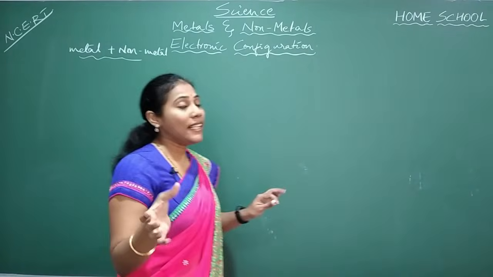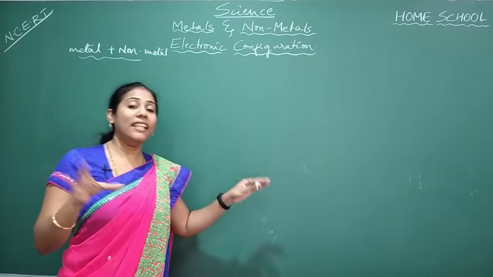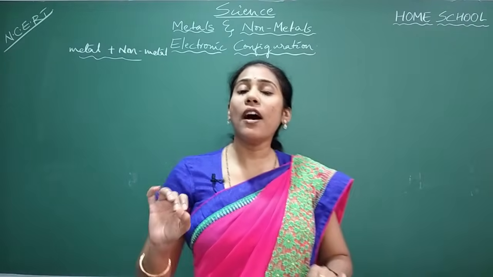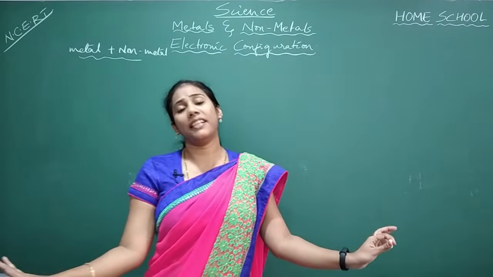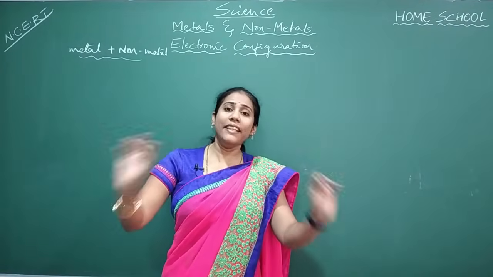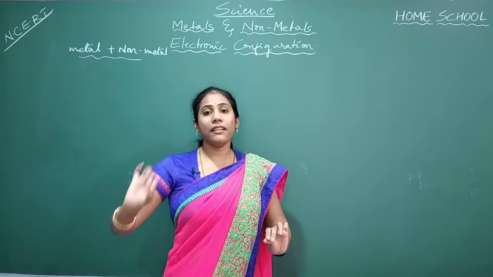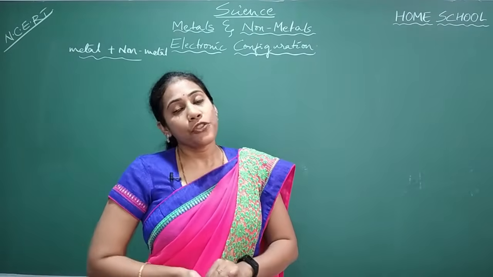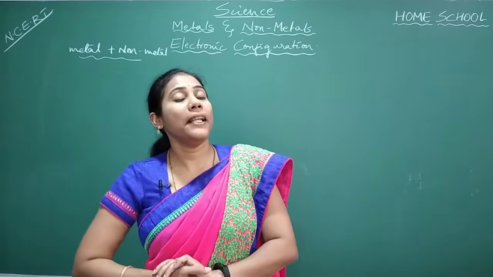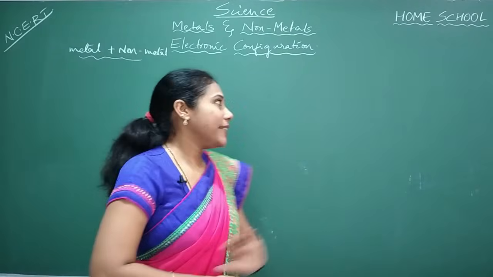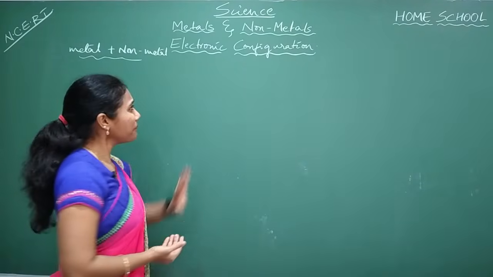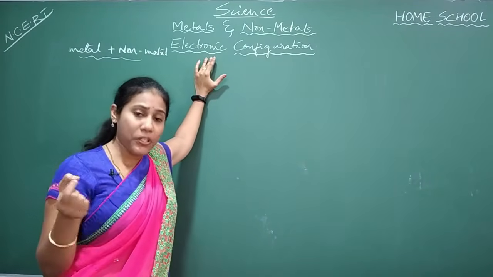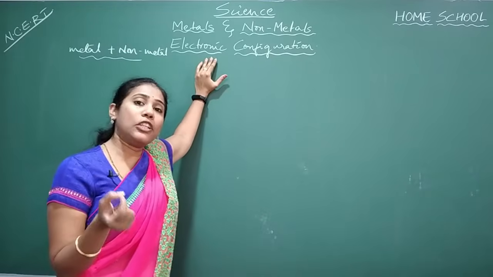Okay, and if you can understand whatever I tell in this class, you can write the electronic configuration of any element in the periodic table. Okay, so any element in the periodic table you take, it's very easy to write their electronic configuration. So a short trick also I'll be telling you, right? So let us go into the topic. So why do you have to learn electronic configuration basically? What is the need of learning electronic configuration?